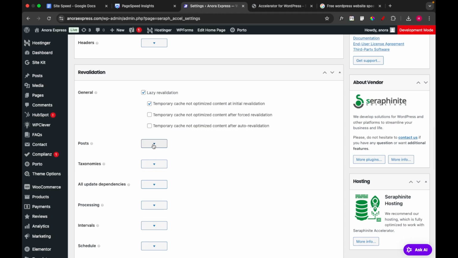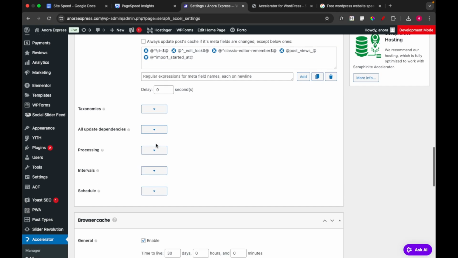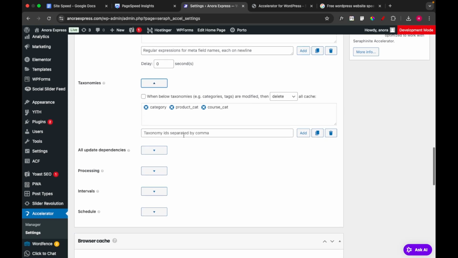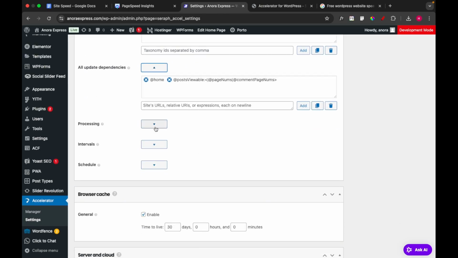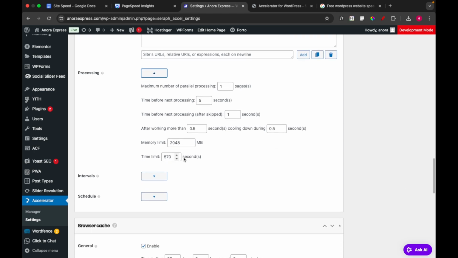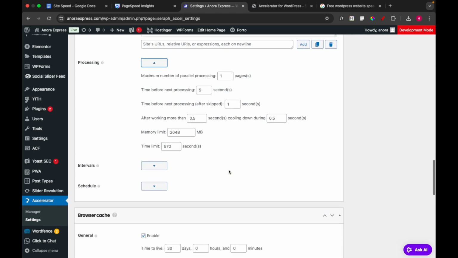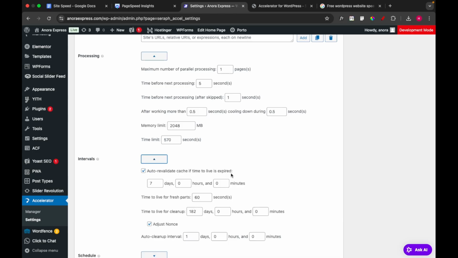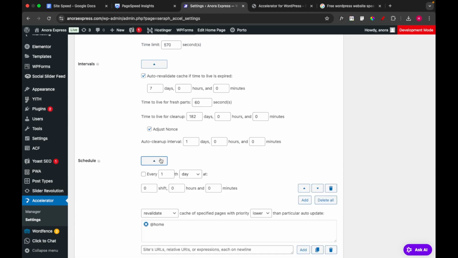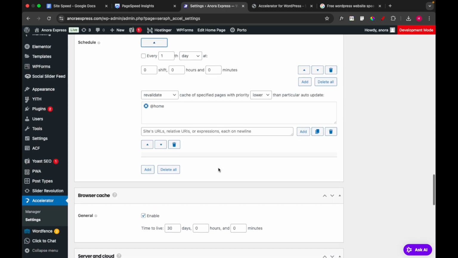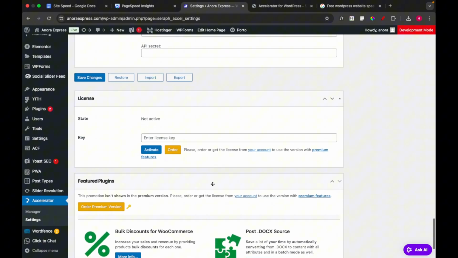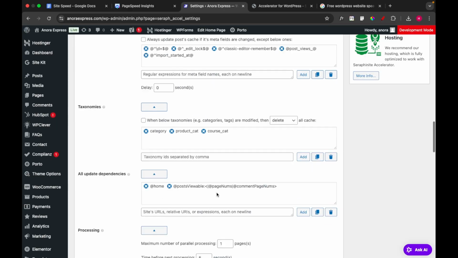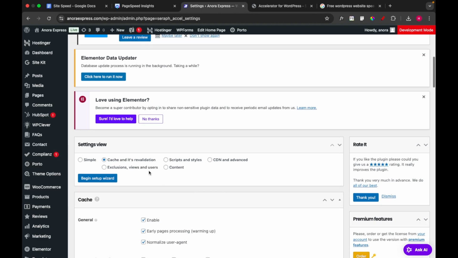Just a few changes on this particular one. I'm not going to go through all of them. I'm going to see where I'm supposed to make any change. But some of these things are a little bit too technical for you if you don't have any technical knowledge on how to build a website, like you don't have any CSS background, you don't have HTML, PHP, JavaScript, all of that. But you don't really need to. The first settings can really get you started with what you want to achieve, but you don't need to